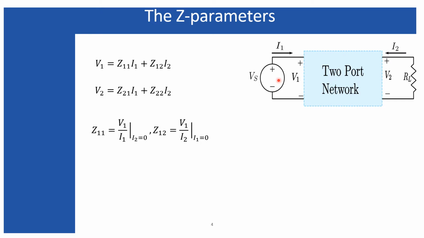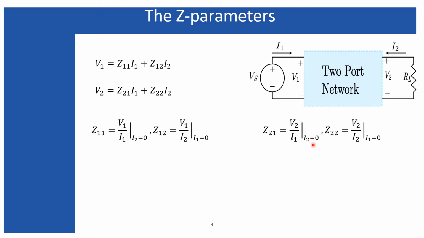So there is no input source at the input side, but still you are having this V1, and that is due to a fraction of I2 which is flowing through the internal impedance, not only the input impedance, because input impedance is associated with this factor. So the fraction of I2 flows internal to the circuit and produces this V1. The equivalent element of the circuit through which I2 flows and produces V1 is Z12. So that is why it is called the reverse coupling impedance. So Z12 is called the reverse coupling impedance.